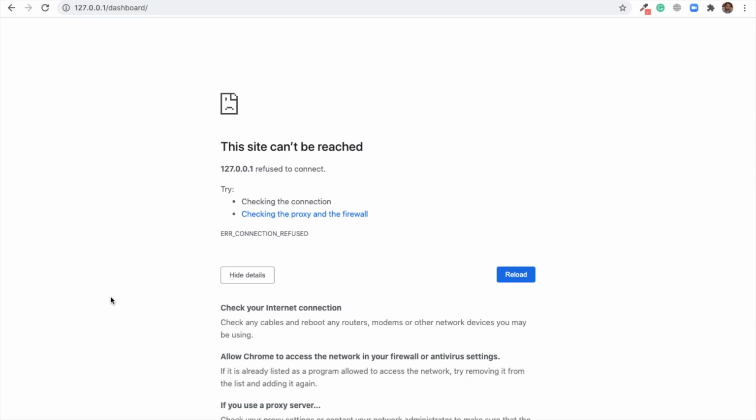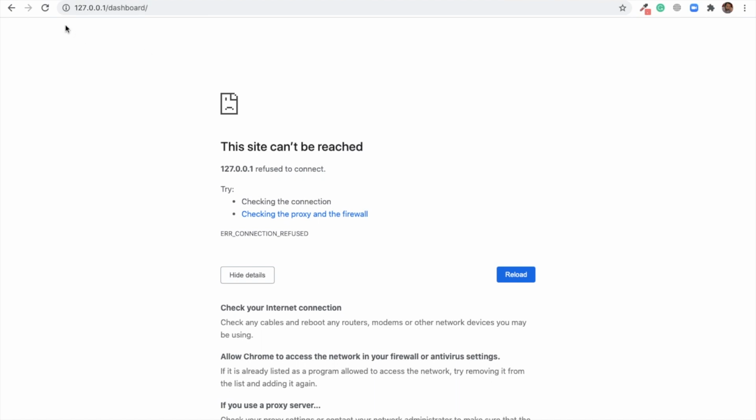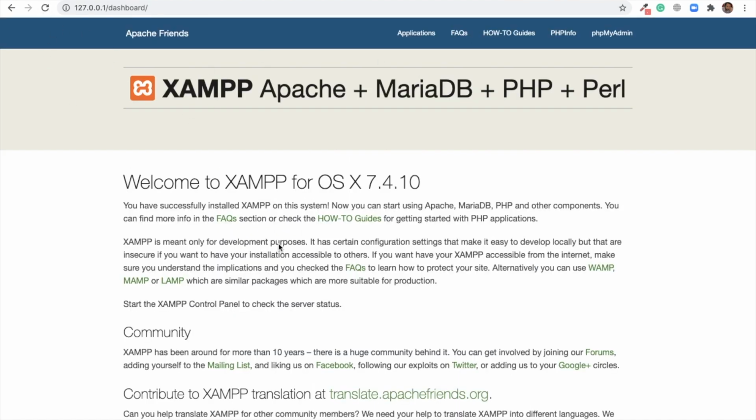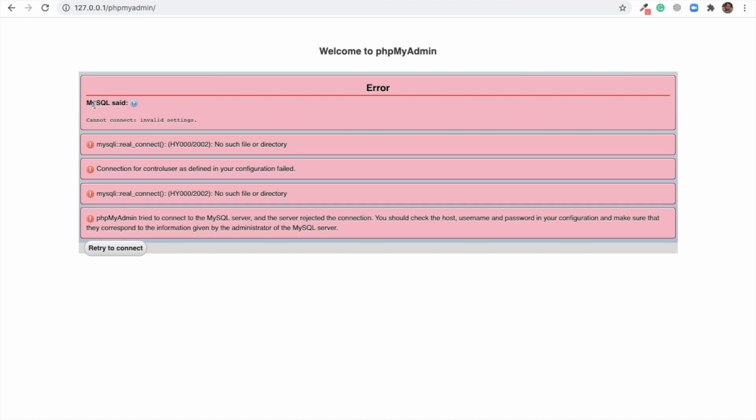But we know the problem, and here is the problem. Apache web server has been stopped. So this should keep running so that you can get the services all the time, right? Now you can go to this page again, refresh it, and it is working. Whenever you are working with XAMPP, you have to go to phpMyAdmin to access the database, and it is again saying MySQL cannot connect, invalid settings.